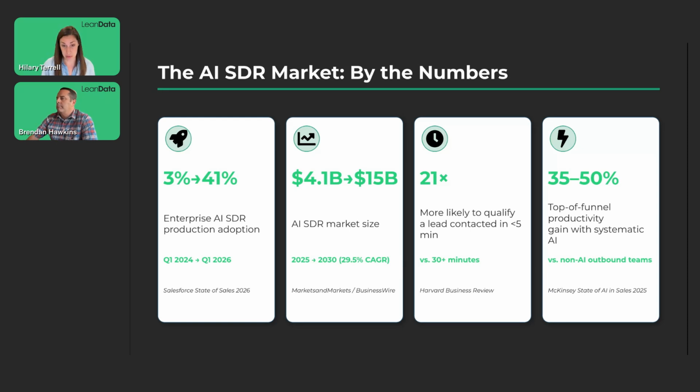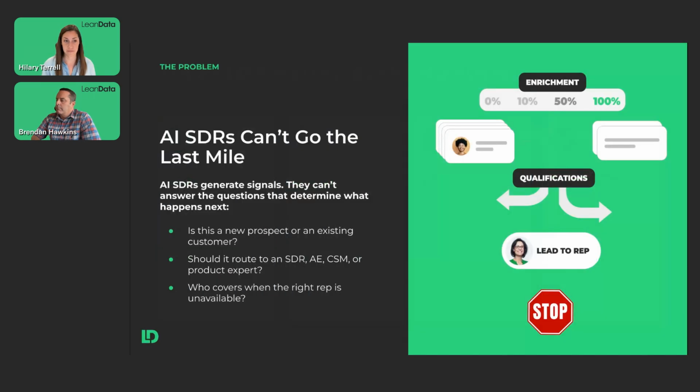What does an AI SDR actually do? The results that customers are sharing, and not just our customers, anyone using an AI SDR, is the ability to qualify a lead in less time, so in under 5 minutes versus roughly 30 minutes for a human, and really getting more of that top of funnel productivity versus a non-AI outbound team. Doesn't mean AI SDR is going to solve all of your use cases or all of your pipeline challenges. There's absolutely still a human element in the loop, and we'll talk about where that fits in.